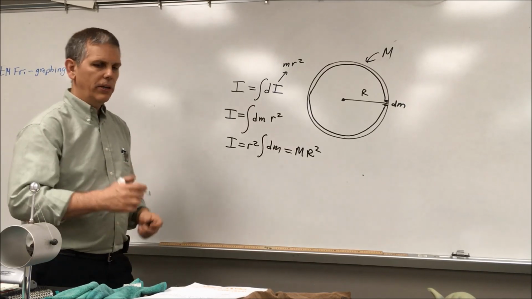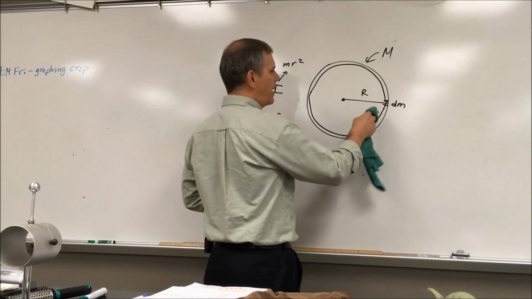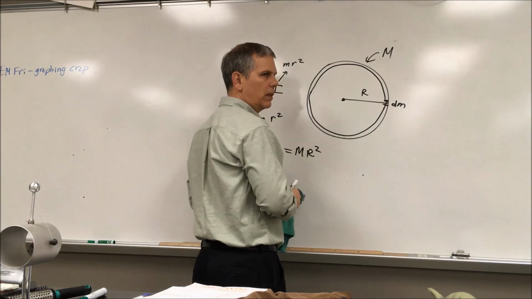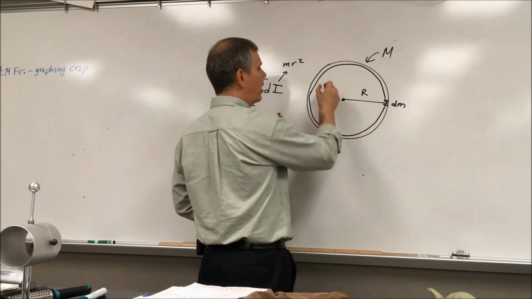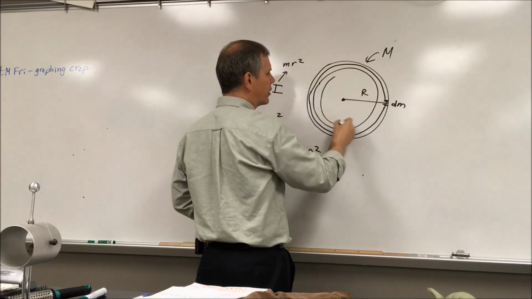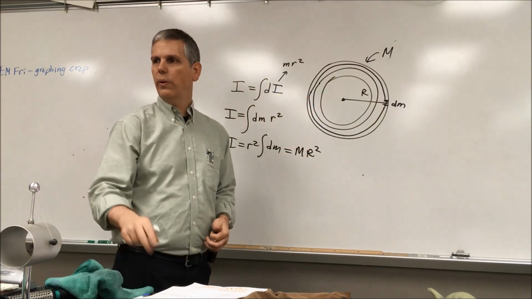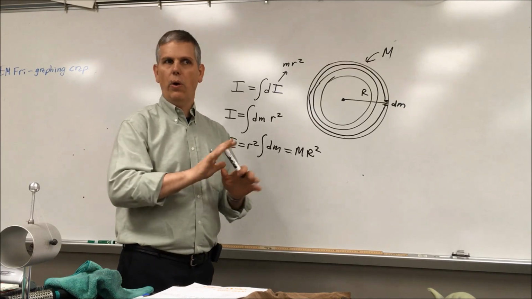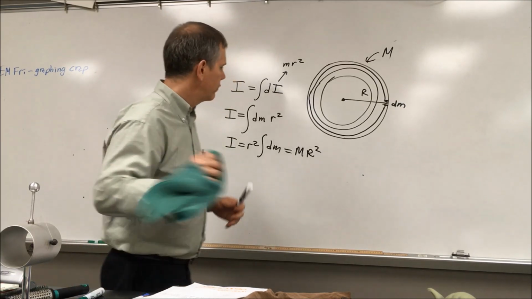However, now I'm going to do something to go one step farther on this. Instead of making this a ring, which is this, let's make it a disk, a solid disk. And isn't a solid disk made up of a bunch of concentric rings? And all together, all of those little rings add up to the total mass of the thing. Now when I do that,